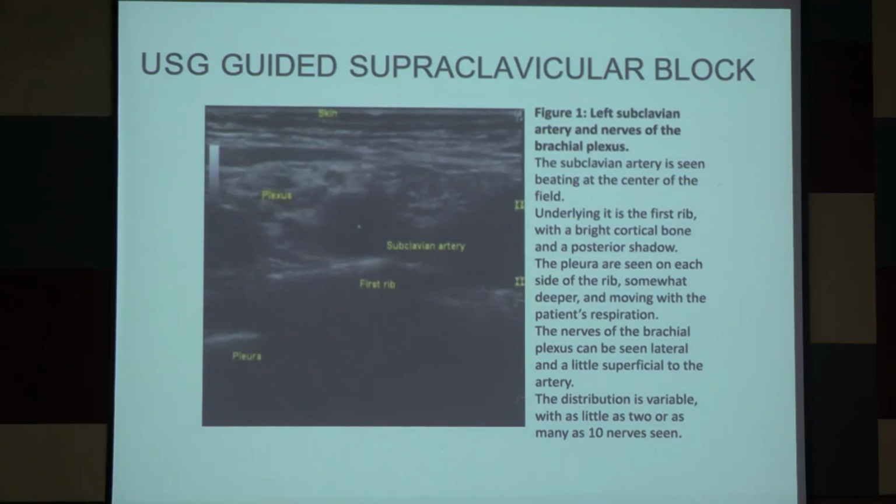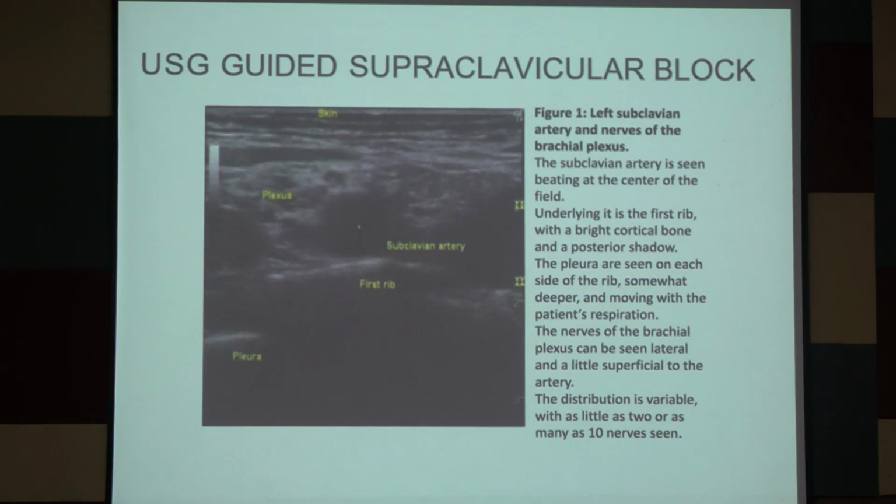Like this, every nerve can be visualized in USG, and when you directly visualize the nerve or the nerve bundle, you provide local anesthesia directly at this place. So as you are providing the drugs directly after visualization, the risk of complications reduces. You will be careful not to touch the pleura so that pneumothorax doesn't occur because you can visualize it. Moreover, when the patient takes breaths, the pleura will move, so you will be confirmed that that is the pleura. Whenever you are visualizing and providing anesthesia, that becomes safer. The chance of complications reduces. That is the greatest advantage of USG guided anesthesia.